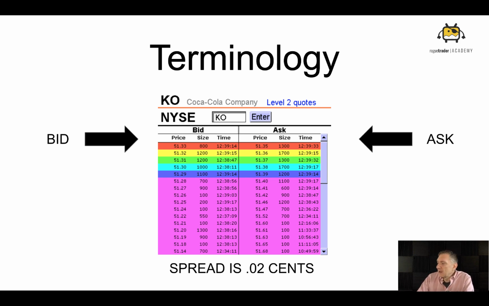Now, as you learn and begin trading, you will come to understand that the spread, the difference between these two, can be really big, most typically when we're talking about very thinly traded things, where there's not a lot of people trading it and not a lot of volume. It can make a big difference on the price you get.